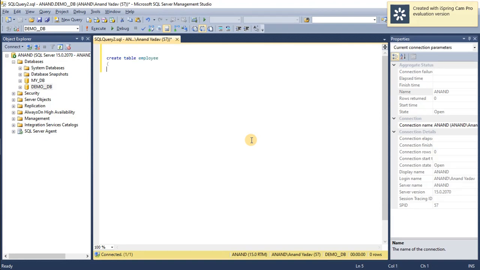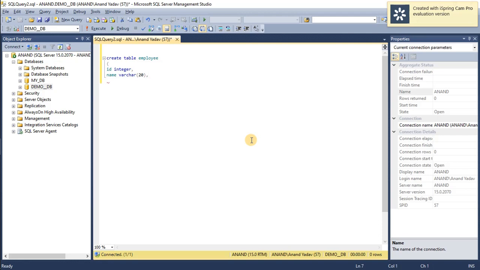and I am having attributes like ID. This is the employee ID, and the employee ID is of type integer. The second parameter I am taking is name. This is the employee name, and oh, I missed something here. Every field should be separated by a comma, and my second attribute is name.